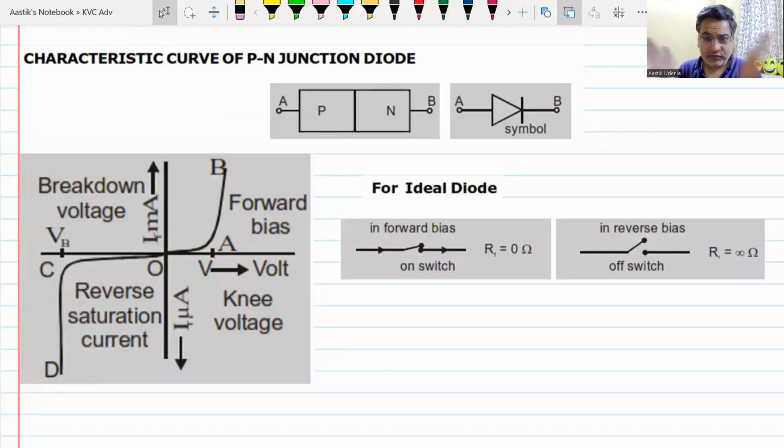Then we can combine both the graphs together, and we have something which is known as the characteristic, not the forward or reverse, but both of them combined. Characteristics of a PN junction diode. You know what is a PN junction, P and N. You know the symbol. You know what happens in forward bias. You know what happens in reverse bias. So basically, if you talk about